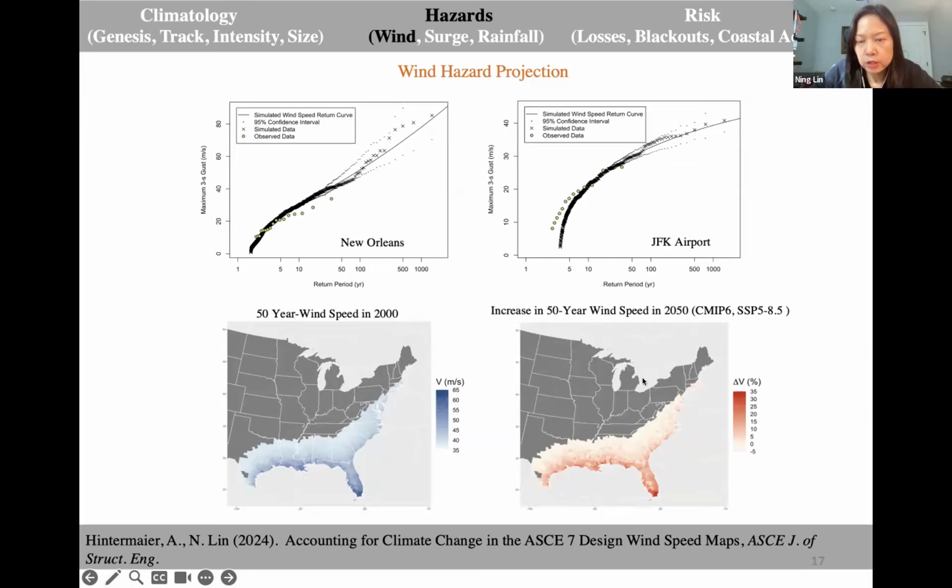I'm not talking about it here, but we actually checked that if we ignore climate change, in many locations where we design for risk category 4 level, which is high importance level, we are actually designing for risk category 2, meaning we're underestimating the risk. So that's the application for building code. And that's wind. And for the storm surge,